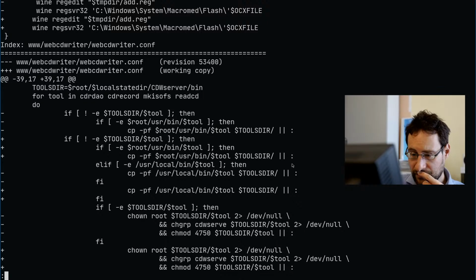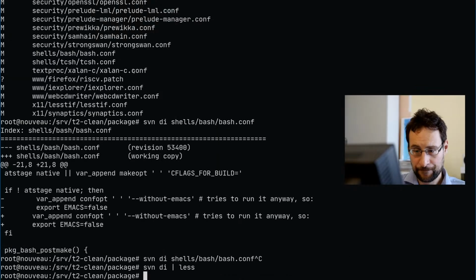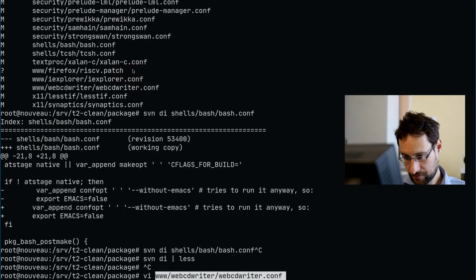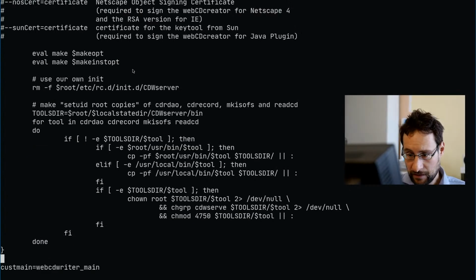This is crazy syntax, to be honest. Wow, why do they even have that here? Copy that to there? Tools? What the heck? Make std root copies? What the heck do they even do here?